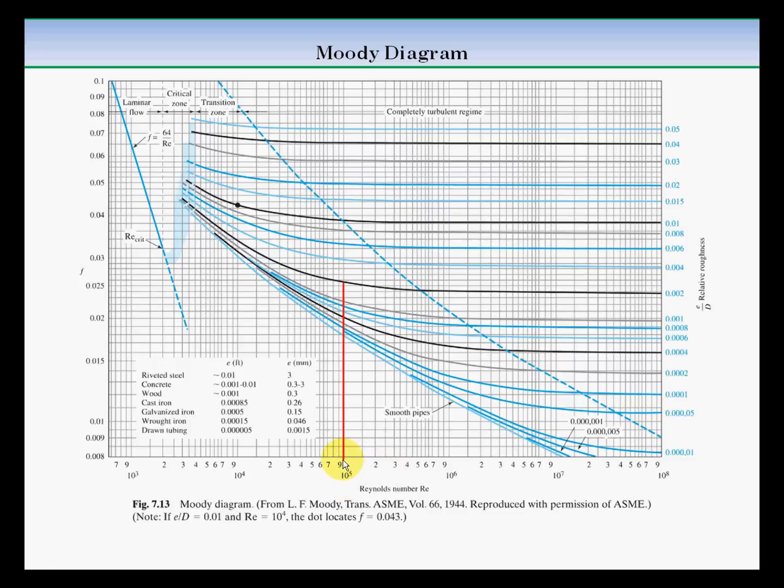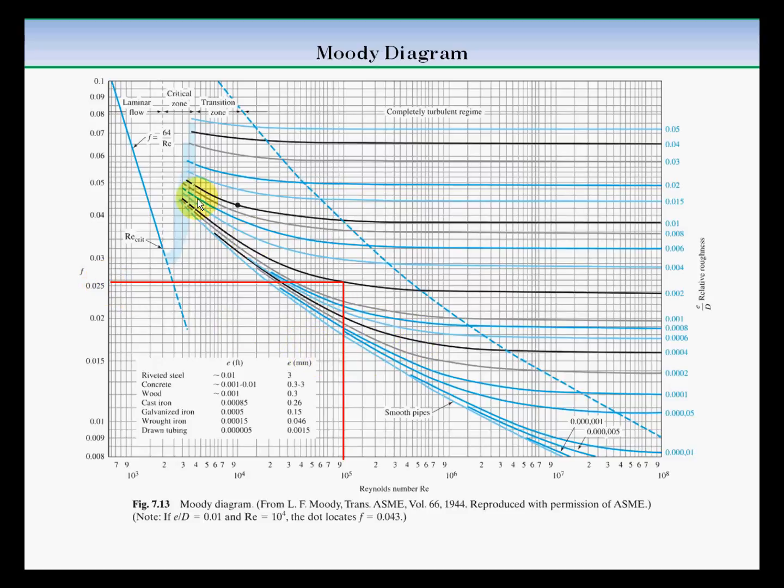You will find that Reynolds number on the x-axis, then go along until you cross the curve for 0.002 relative roughness, and then go towards the y-axis and find what the friction factor would be. So in this case, if the pipe relative roughness was 0.002 and you are flowing a liquid in that pipe with a Reynolds number of 10 to the power 5, then the friction factor for that pipe is